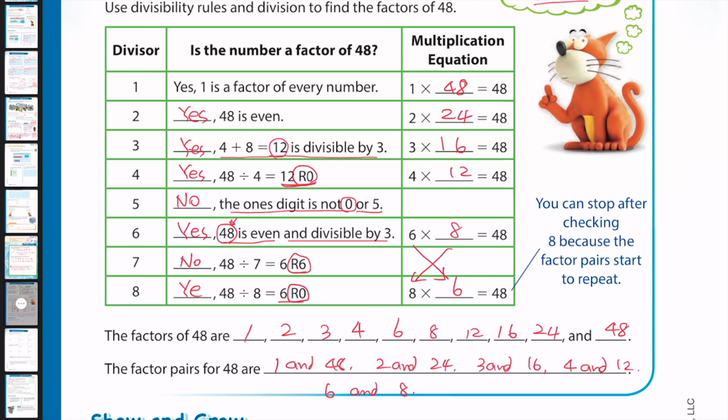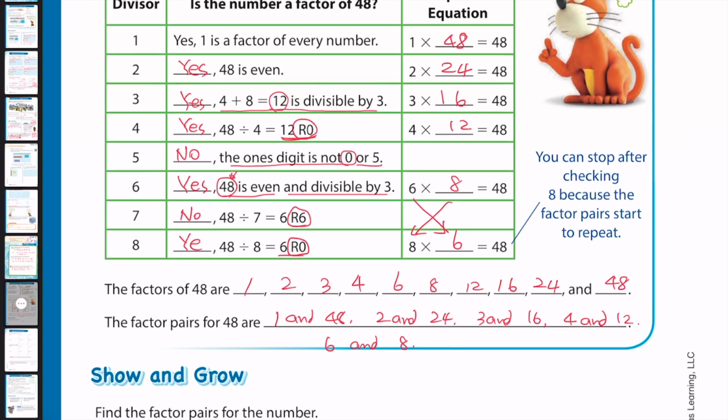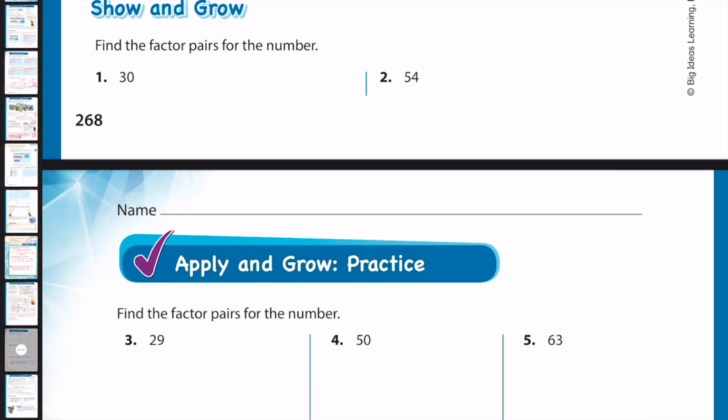All right, now find the factor pairs for the number 30. Okay, so now let's go ahead. 1 times 30 is what? 30. So 1 and 30 we found. And since this is divisible by 2, because this is an even number,